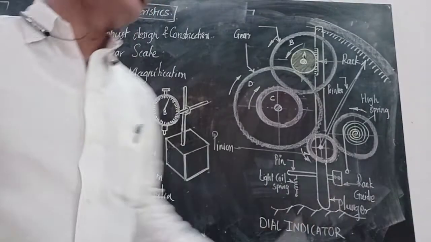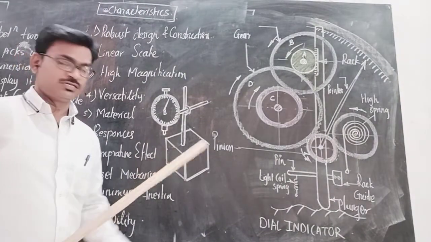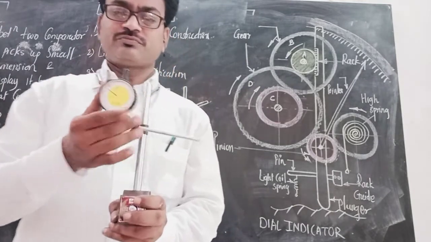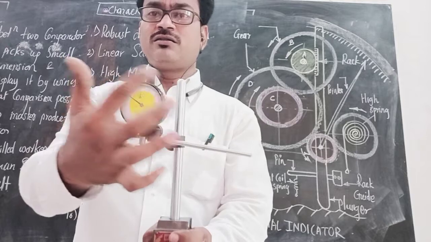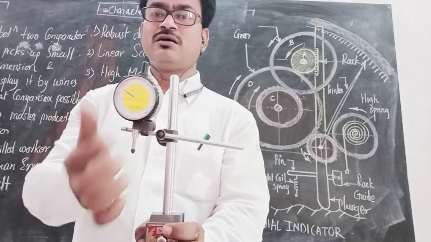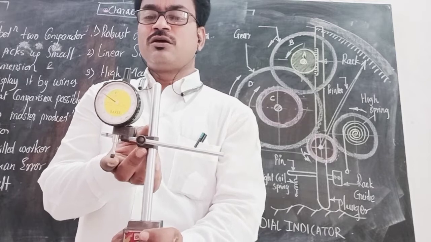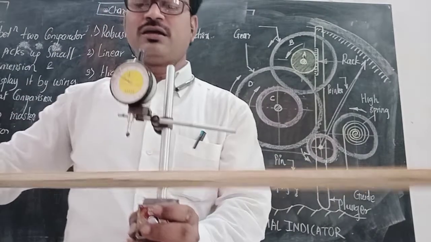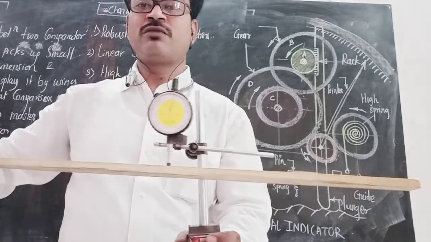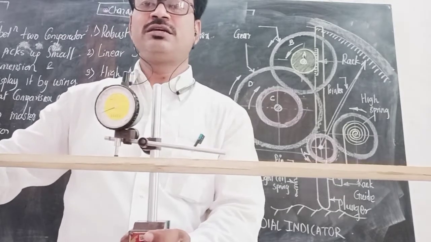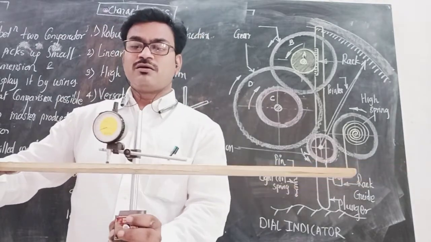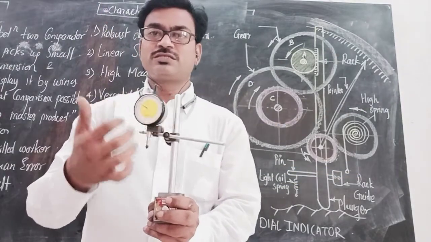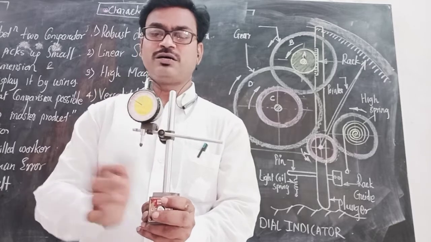The isometric view of the mechanical comparator looks just like this. This one is the mechanical comparator, this one is the stand, this one is the graduated scale, this one is the pointer, and this one is the plunger. The plunger goes upward and downward. When you want to measure the flatness of a surface, you move this plunger over the surface and the pointer indicates, oscillating according to the surface.